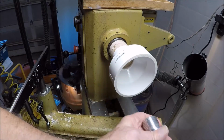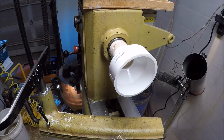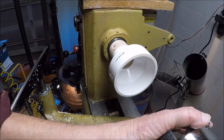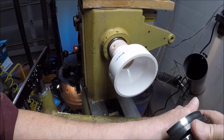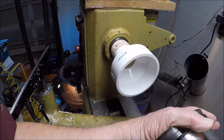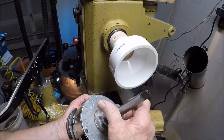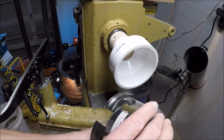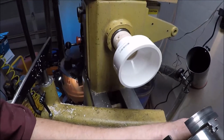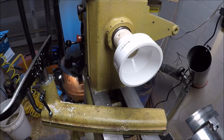So your bowl can then be put absolutely centered in the vacuum chuck. Now, this is my chuck. I'm just going to screw this into the chuck and put that in the tailstock. There we go. Now I'm going to put the bowl on there. And this bowl,